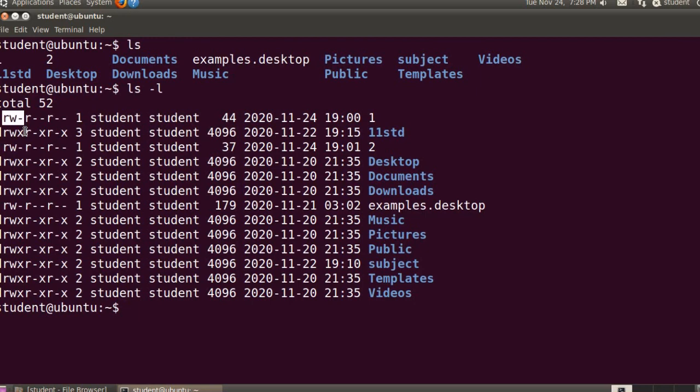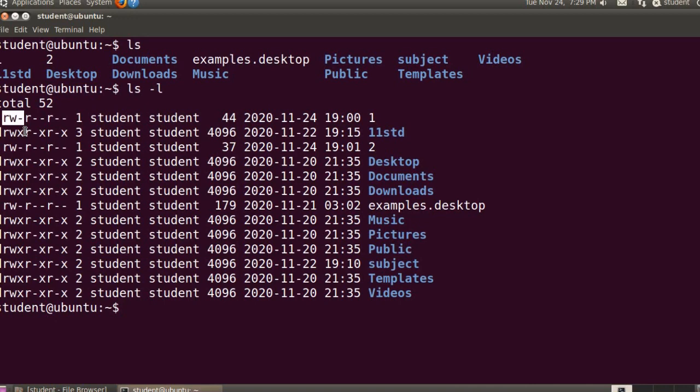The character w in the second position means you may write in the file. That is, read and write, both permissions are there. This includes the ability to delete the file. Reading and writing means you are able to delete the file.